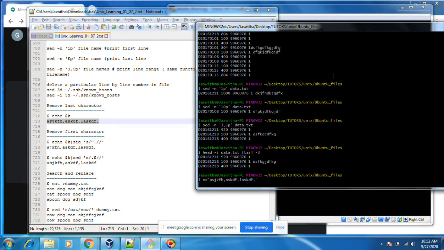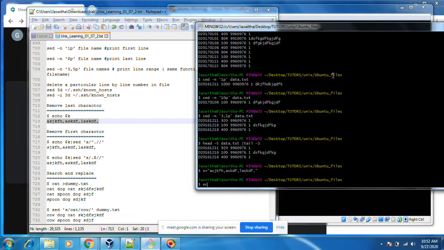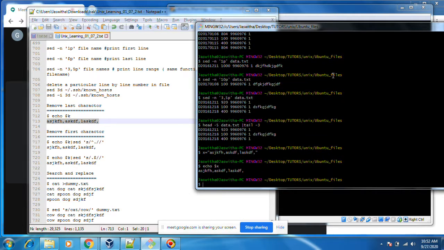To display the contents of that variable, that is a string, echo will display only $x. This is the contents of the variable.